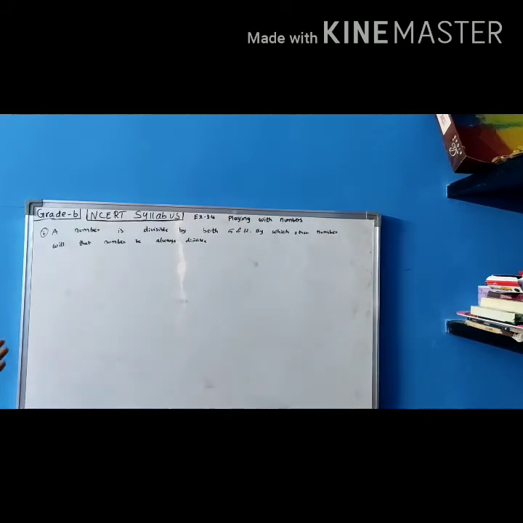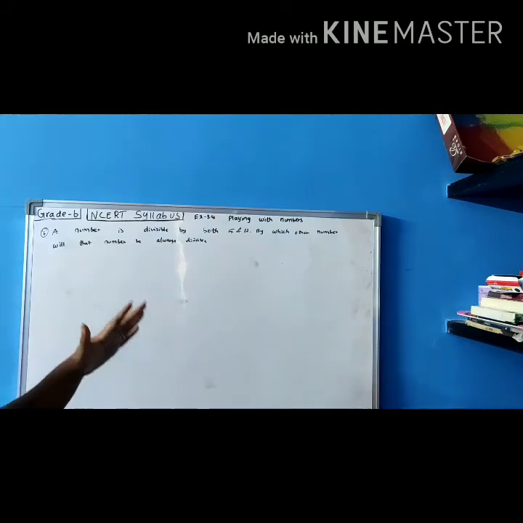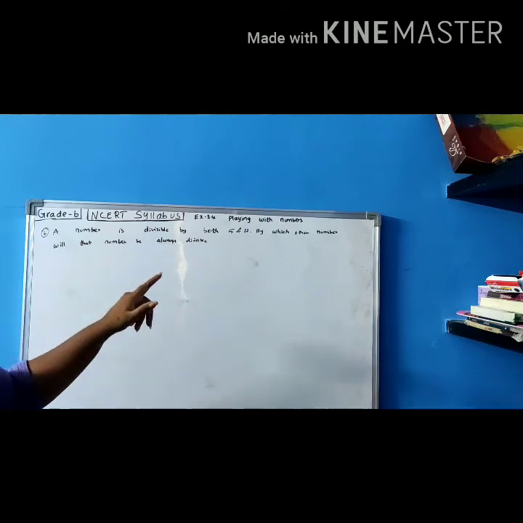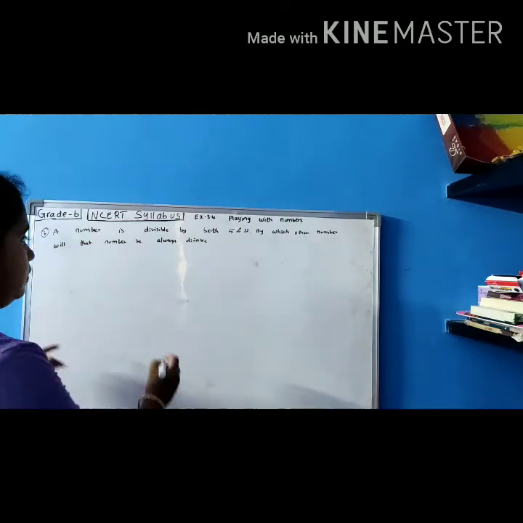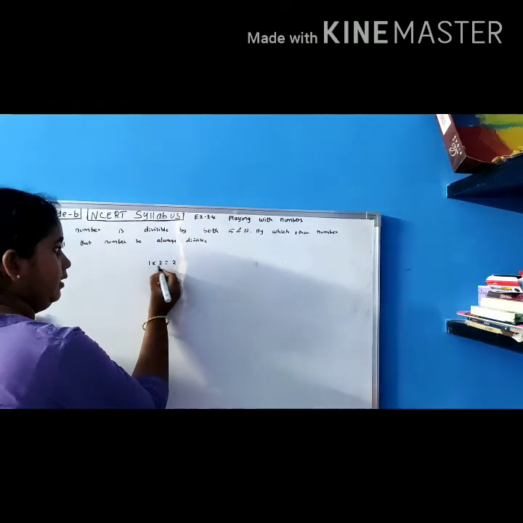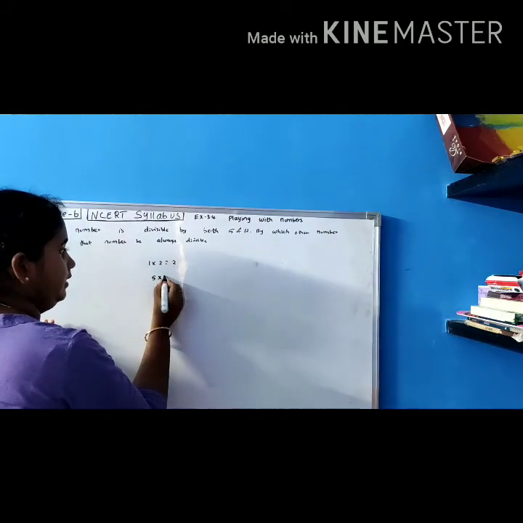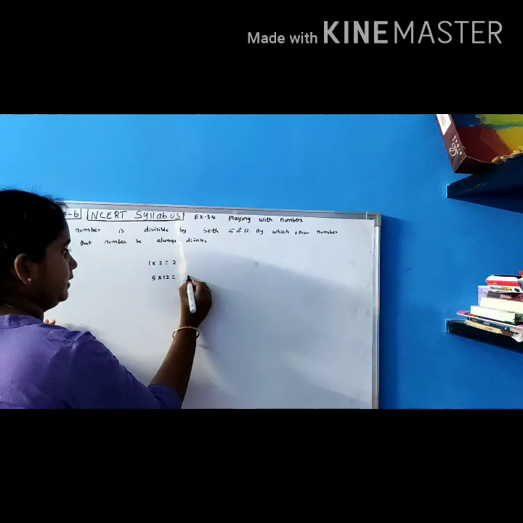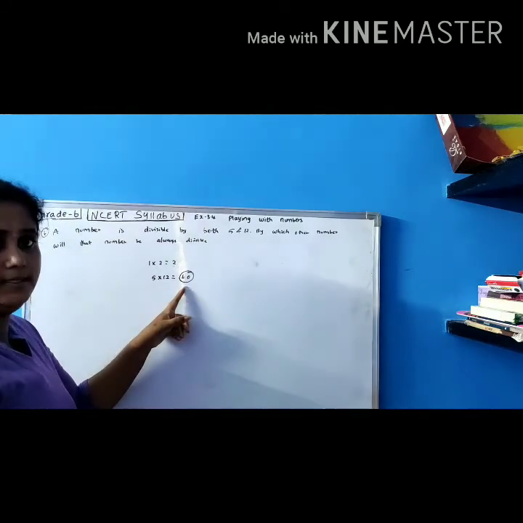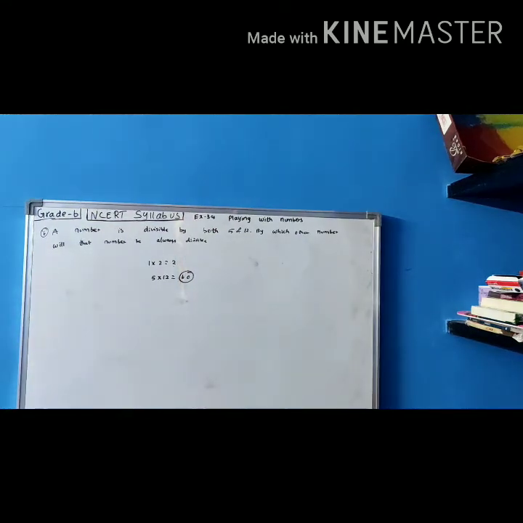So let's move on to the next sum. A number is divisible by both 5 and 12. Okay, a number is given. It is divisible by both 5 and 12. By which other number will the number always be divisible? Okay, so if 1 into 2 is 2, this 2 is divisible by both 1 and 2. So like that, if you find the product of these two, you can find which number it is always divisible by. 2 5s are 10, balance 1, 60. So the number is always divisible by 60. That's all. This is the answer. Okay.